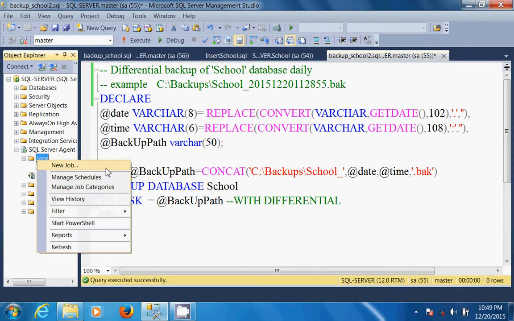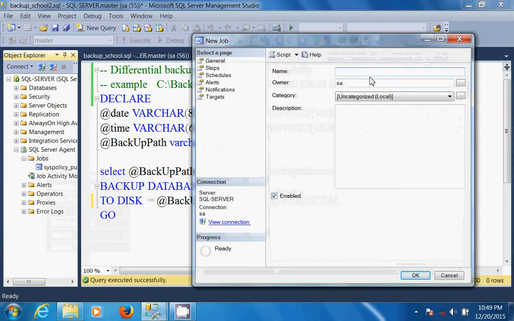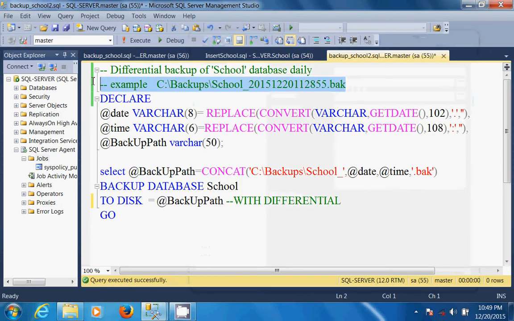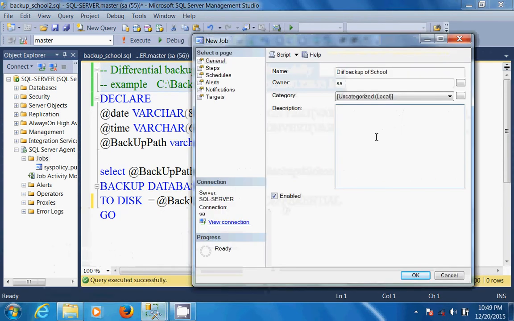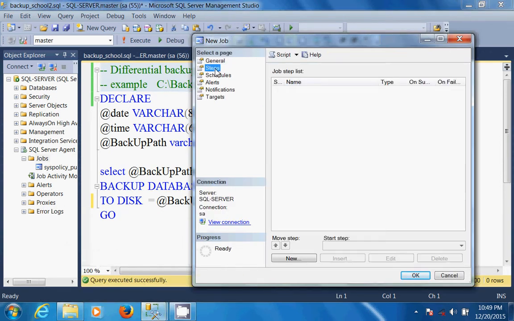So to do that, we are creating one new job, and the job name is differential backup of school, and the owner is system administrator. This is the description. Now we have to go to step, and we are creating one step.